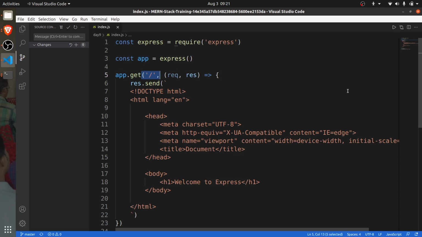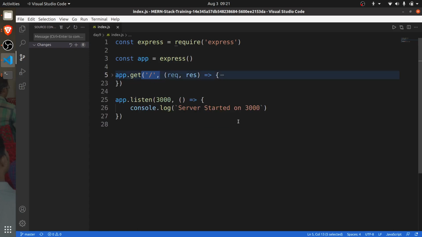But what do you mean by dot get? When you say dot get, you're talking about the HTTP get request. So this method can be invoked by means of HTTP get.